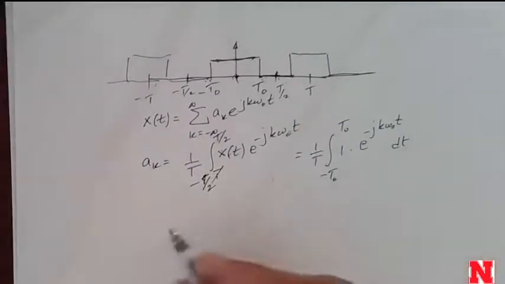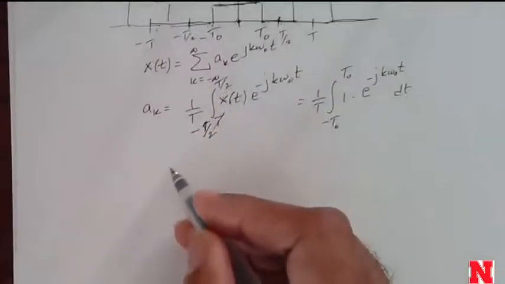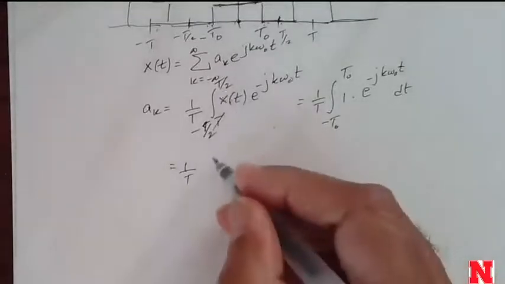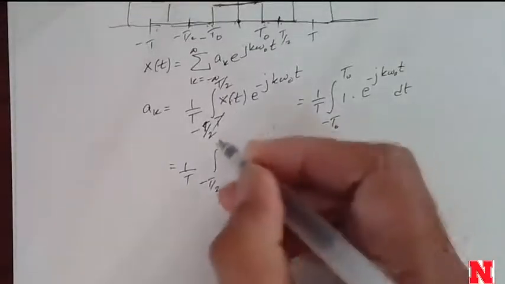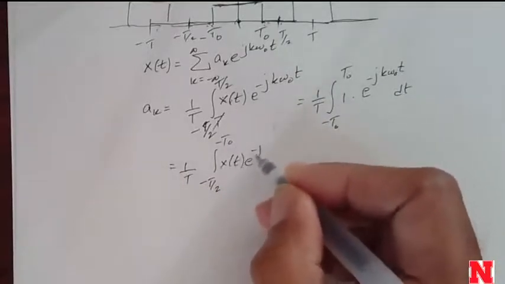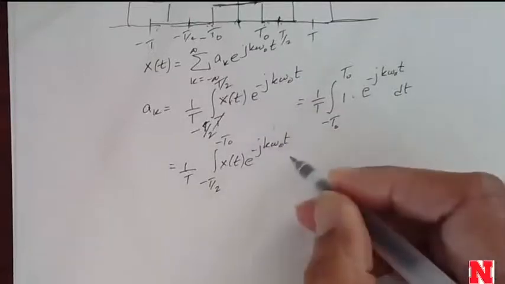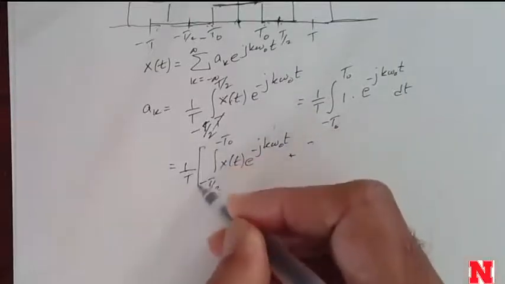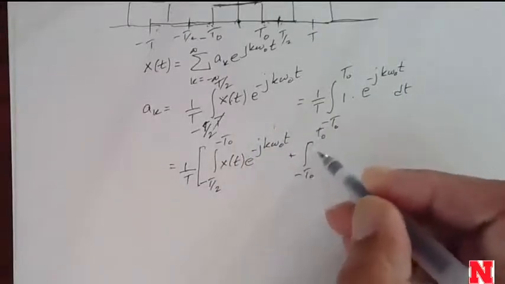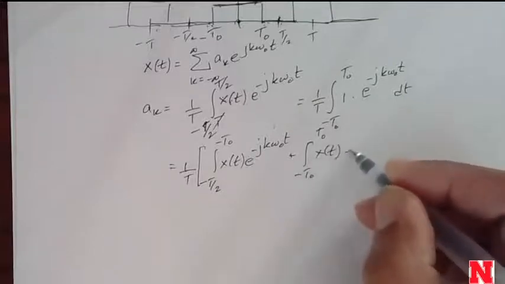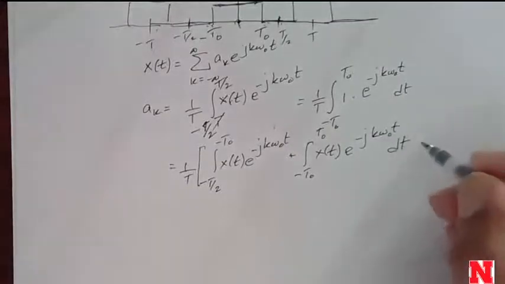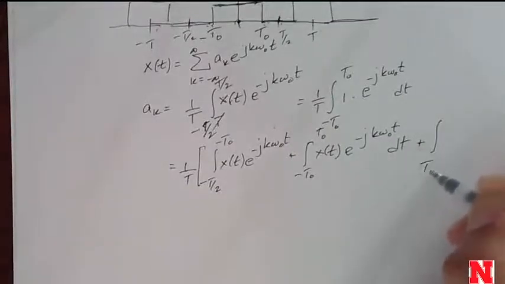So I could write this. In fact, let me do that. And that way, I could write it like this. So instead of going from minus T over 2 to T over 2, I can say from minus T over 2 to minus t0, x of t e to the minus j k omega naught t, plus the integral from minus t0 to t0, x of t e to the minus j k omega naught t dt, plus the integral from t0